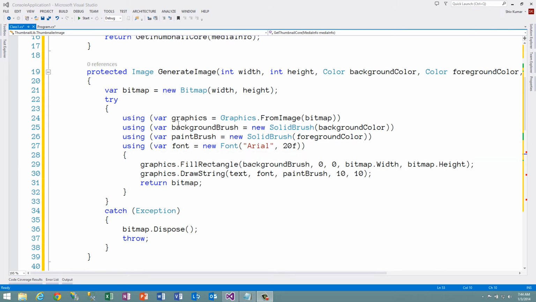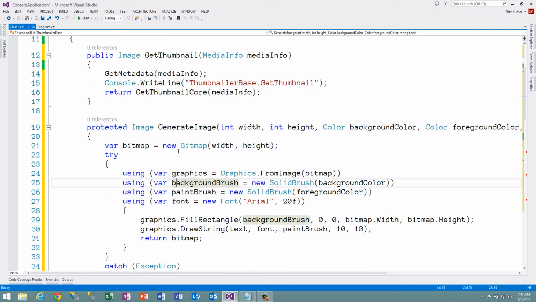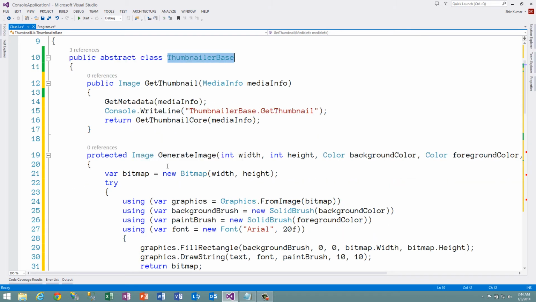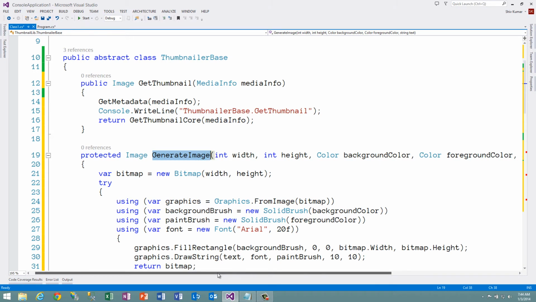Okay, I'm back. I decided to refactor a little bit. What I've done is I've defined a new method that's protected in the base class. So we are in here in the base class, and I call it generate image. And what it does is it parameterizes some of the attributes we would like to modify or have changed, by